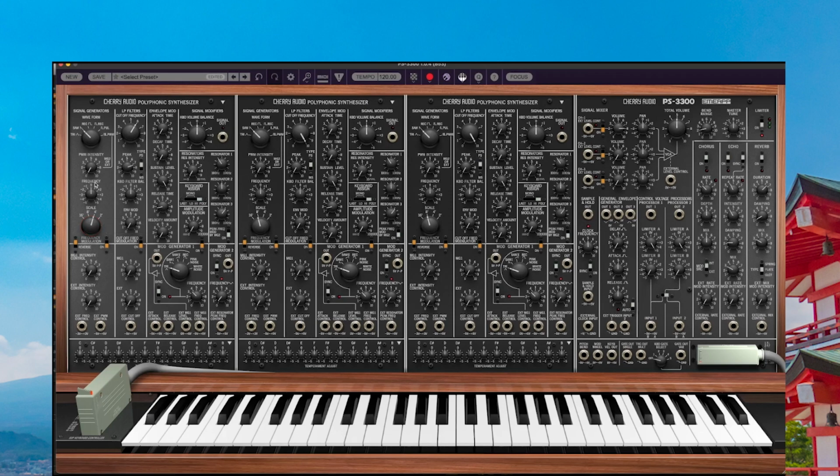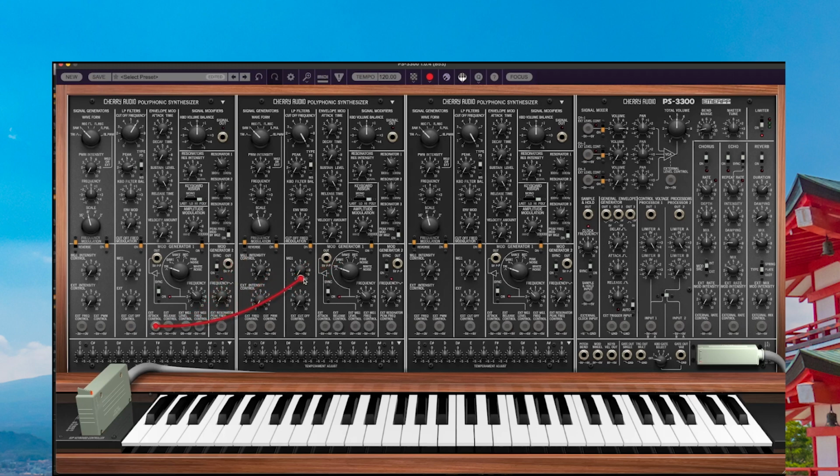2 foot takes you up 2 octaves. 4 foot's an octave above normal middle C. 8 is your normal middle. If I play middle C, I'll get middle C, and if I play 16 foot, it's an octave lower if I play middle C. And aside from that, you can patch any of these, and handily